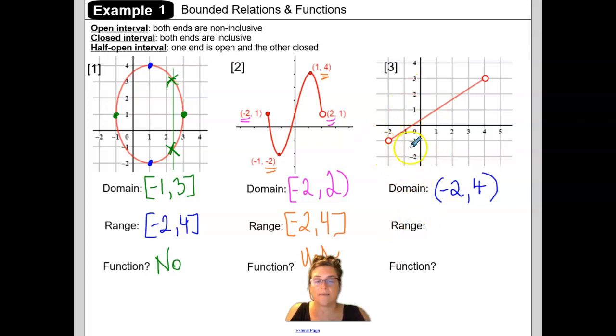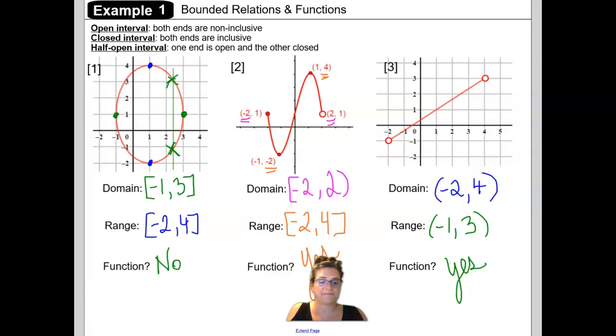Okay, then for the range, that's going to be bottom to top. And so I start at my lowest y value, which is an open circle here at -1. So I use a parentheses. Then I go up, and my highest y value is up here at 3. That's also an open circle, and so I use a parentheses. So this is an open interval for the domain, an open interval for the range. It's a linear segment, and so it does pass the vertical line test, which means that yes,